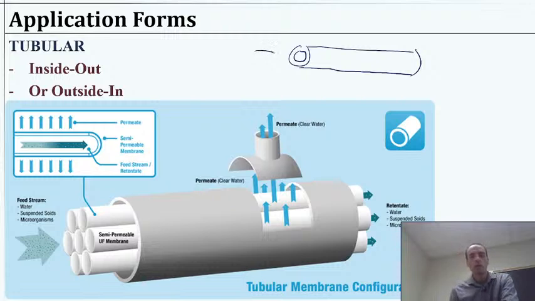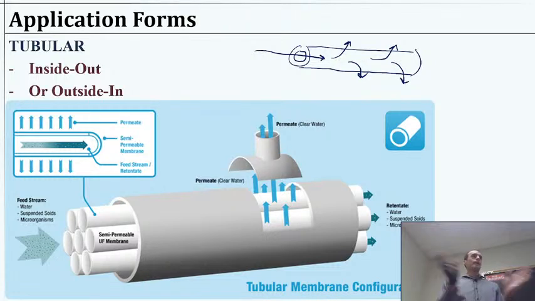We could go from the inside to the outside in terms of where the water can pass through the membrane. And if we're doing inside to out, that means that our separation layer, the actual membrane that's causing the separation, is going to be the inner portion of that tube,